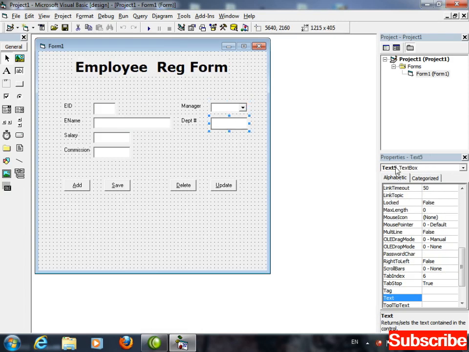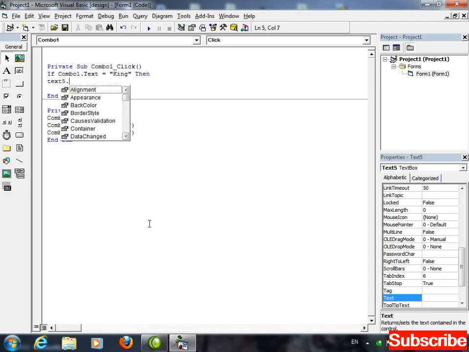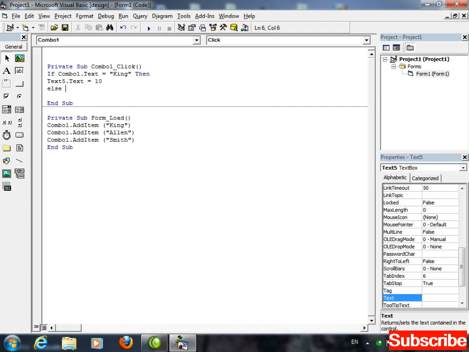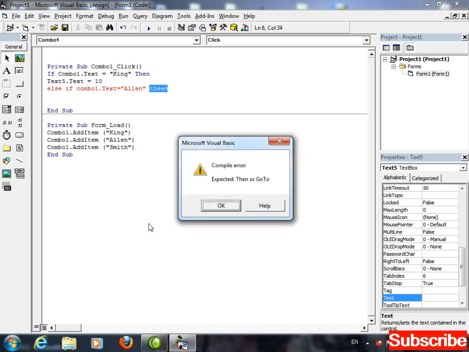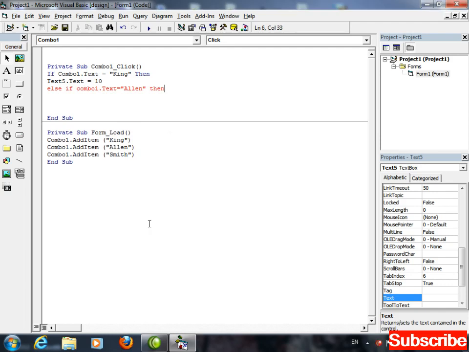This is, you are having text 5. So I'm writing here text 5 dot text is equal to 10. Else if combo 1 dot text is equal to Allen, then